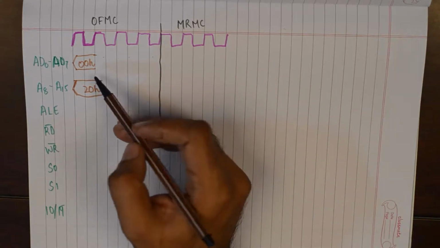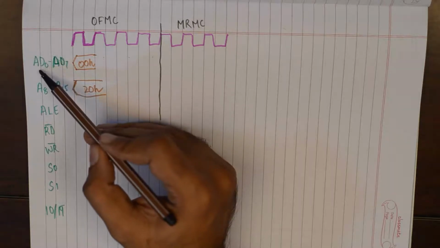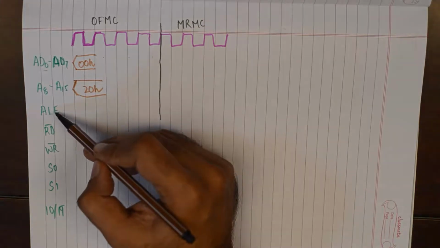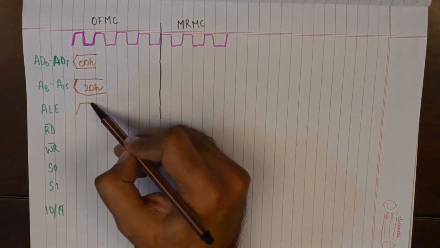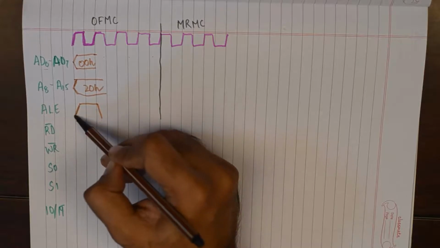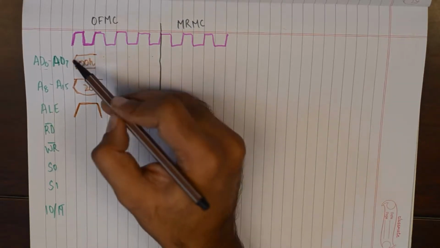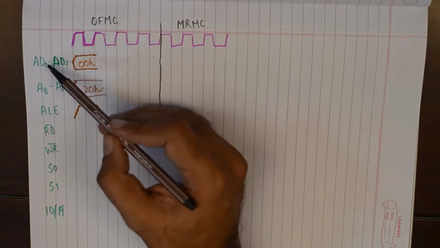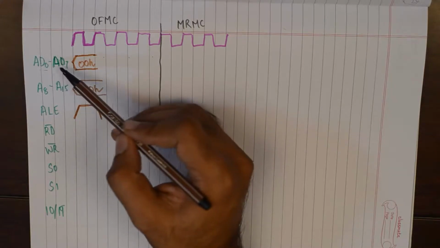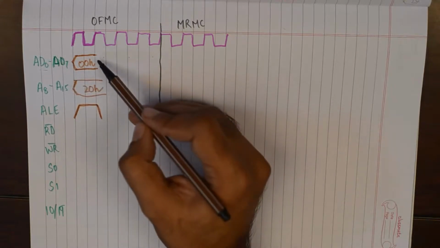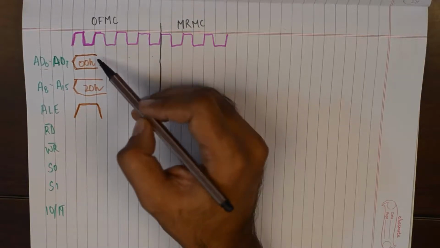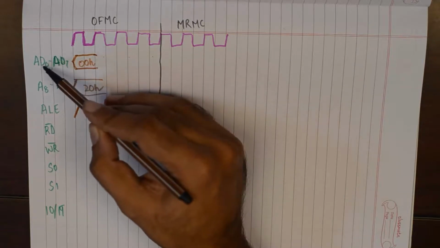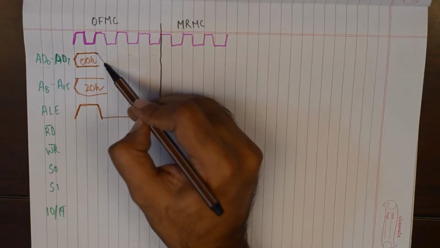And in the first T state, we would want this set of lines to act as address lines, so we'll keep ALE as 1. Keeping ALE as 1 would mean that this set of multiplex lines is acting as address lines now. In the second T state, we make the ALE 0 because we want these lines to act as data lines now,